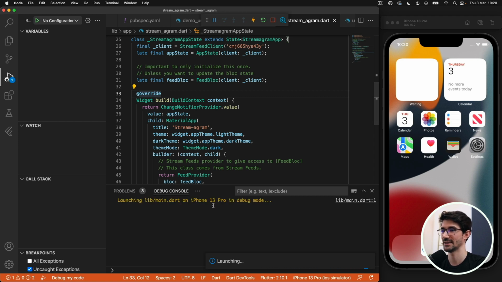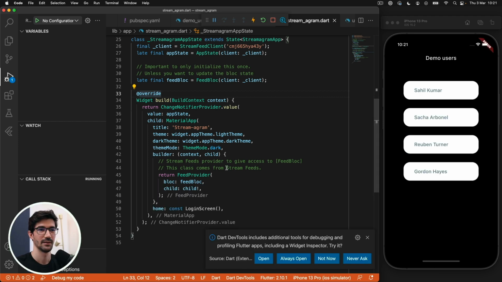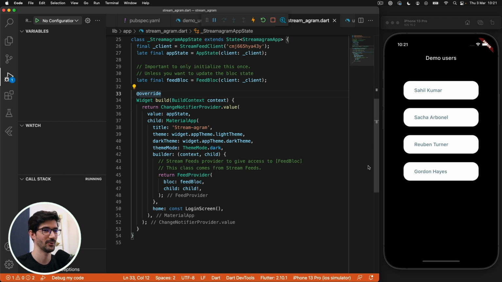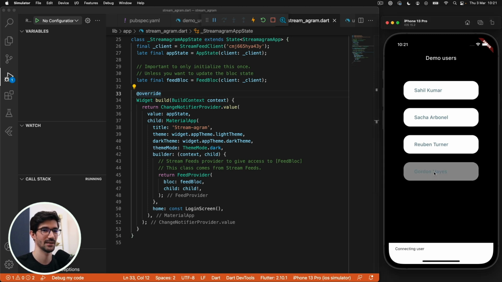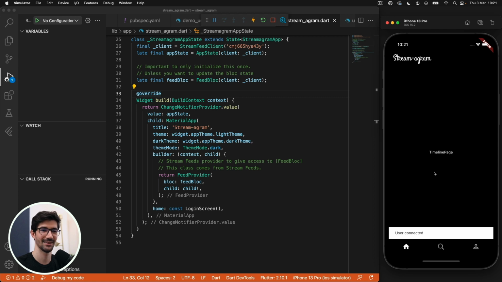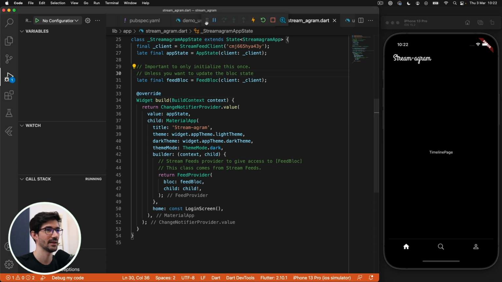So let's do that and see what happens. Okay, so hopefully everything worked fine. And let's see, we're just going to log in using this account, and okay, awesome. So now we have three different pages: profile, search, and timeline. And as promised, if we actually jump back to the home screen,